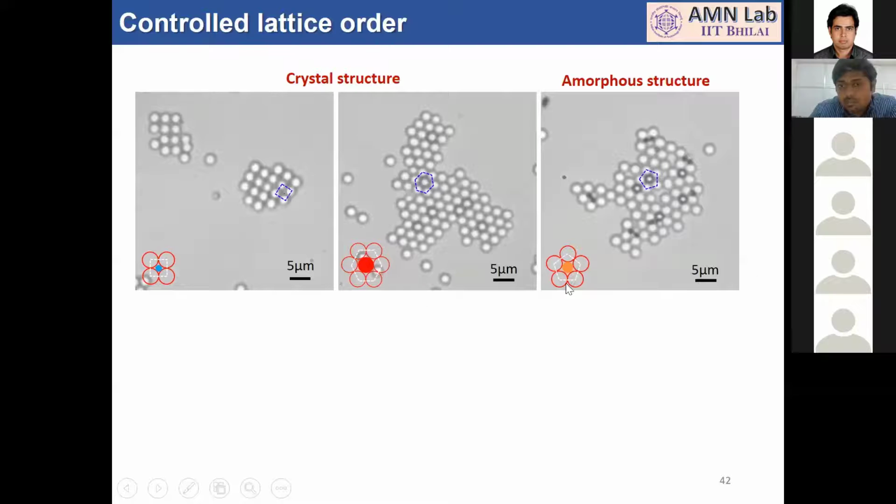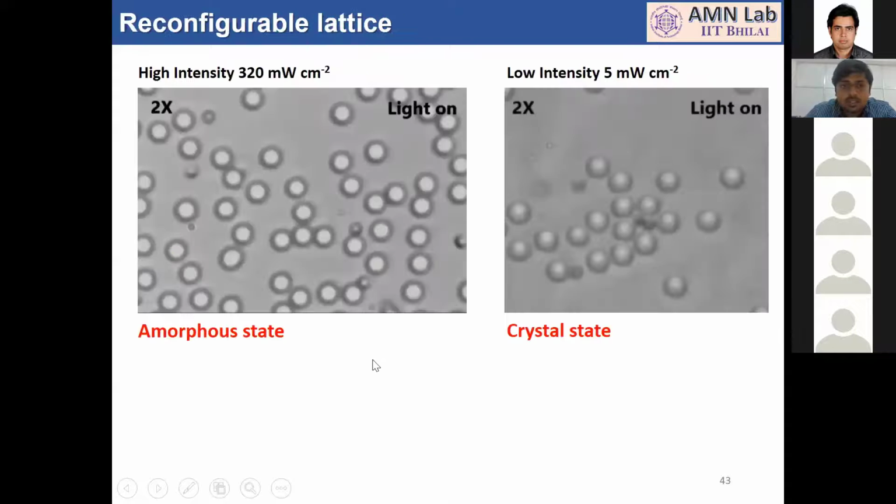But if you start with a pentagonal unit cell, then there is a problem with the symmetry of the pentagonal unit cell. You can never place it in a close-packed state. So you will always end up with a disordered state or the glassy state. Here, particularly, the case of the square unit cell is very interesting. You will see that for the same set of particles, and by same set I mean the same size ratios of nanomotor to the passive particles, and also the same density,